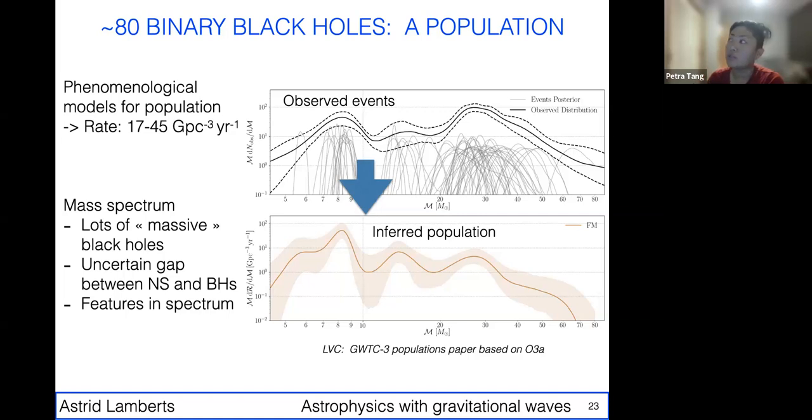If we detect a triple merger, how is it going to be different from the binary merger? So many people are doing triples now. It seems to be the new binaries.